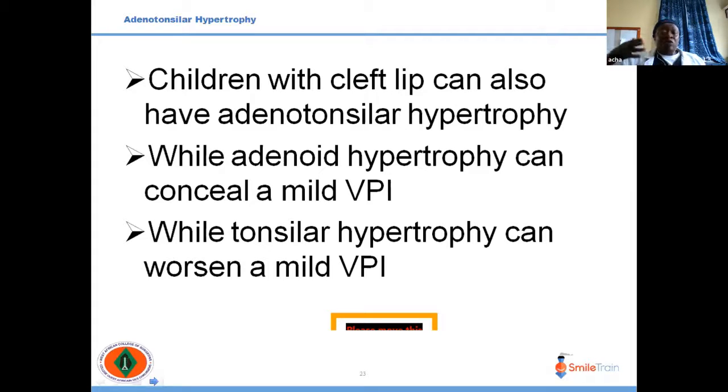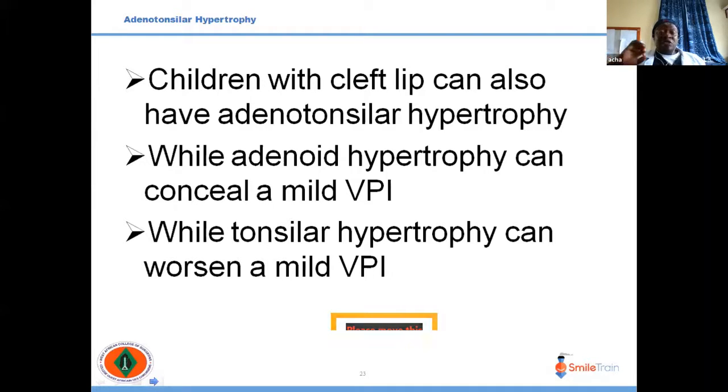So if you do not have that at the back of your mind and counsel the patient appropriately, then they may accuse you that it is because of the surgery that you did that this obscured velopharyngeal insufficiency has become apparent. For that reason, it's important for us to know that adenoid hypertrophy can conceal some mild form of velopharyngeal insufficiency. And if you don't know that, if you want to remove all the adenoids, then the mild form of velopharyngeal insufficiency can become a moderate or severe form necessitating surgery.